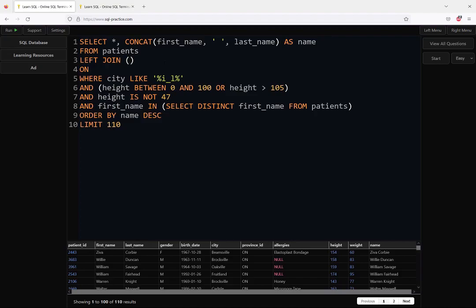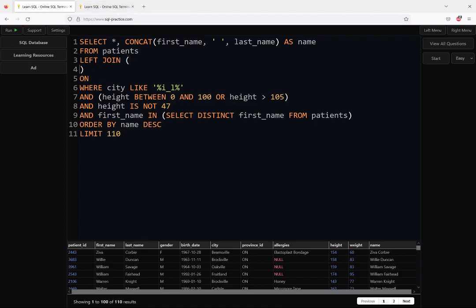Okay, so let's go through what this looks like. We have this left join, and after join, patients is going to be involved in this joining of tables. We want to involve a second table as well, and that table name is going to go here. But in this case, we don't have a table name. We want to generate the table from a query. So what we're going to do